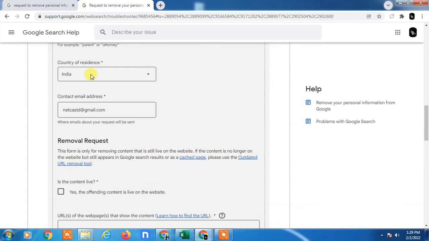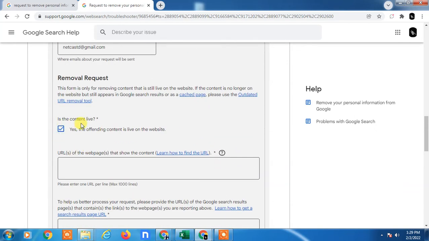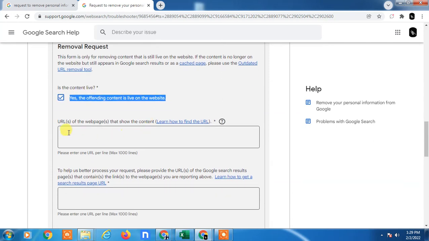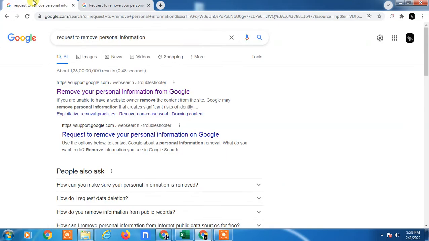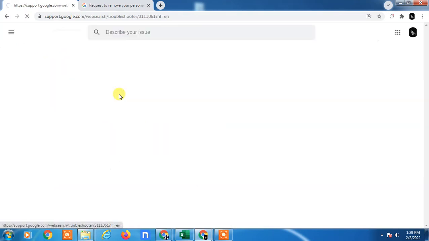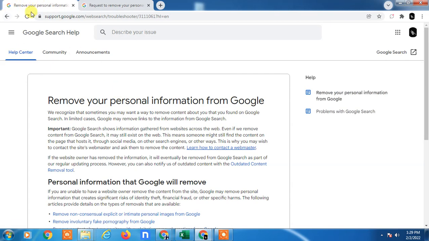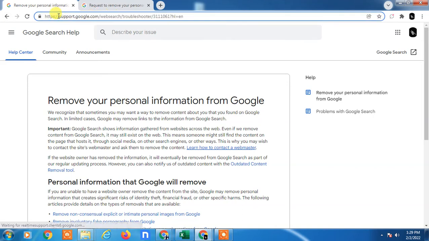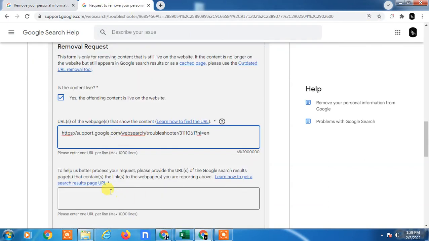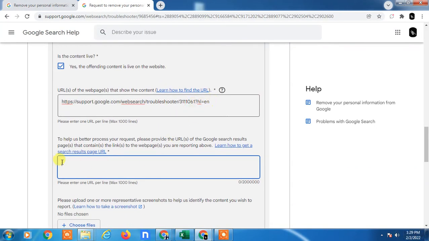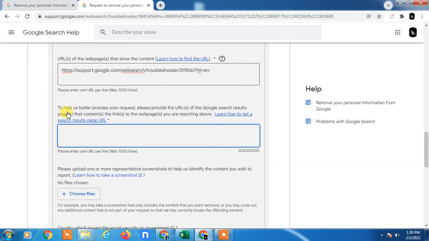You have to select all the information: this is the country, this is your contact email ID, and whether the content is still live. If the content is still live, you can tick yes. Now you have to enter your URL, the particular search or website. Open that website, select the URL with Ctrl and A, copy it, and go back and paste it with Ctrl and V. If you have any other URL, you can enter it too.